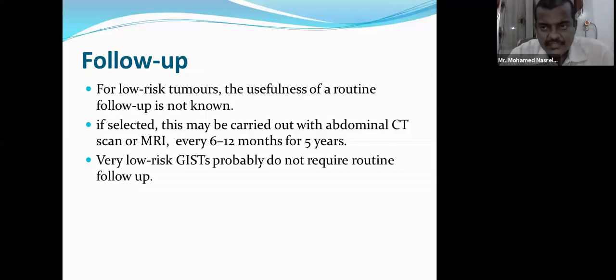And en bloc resection is very important. So don't hesitate to remove the spleen, the mesocolon, and the transverse colon with the tumor. It's not difficult, and yes, it carries morbidity and makes things difficult for the patient, but it is necessary if you are ready technically and with the postoperative support of ICU and high dependence unit at least.